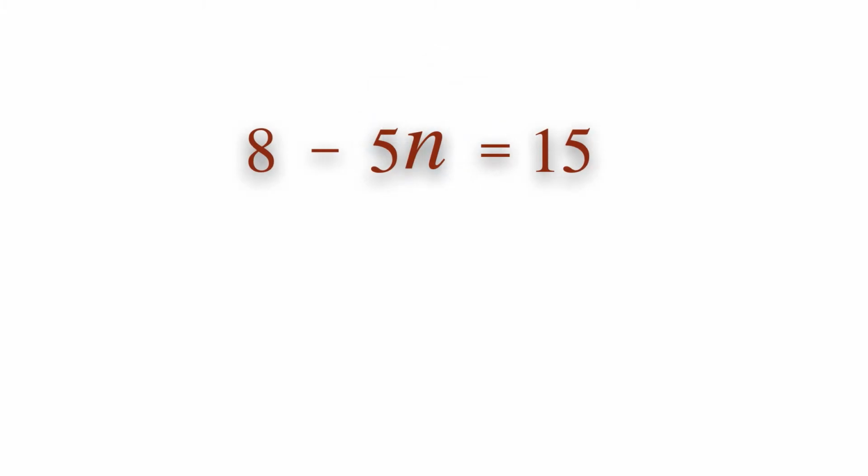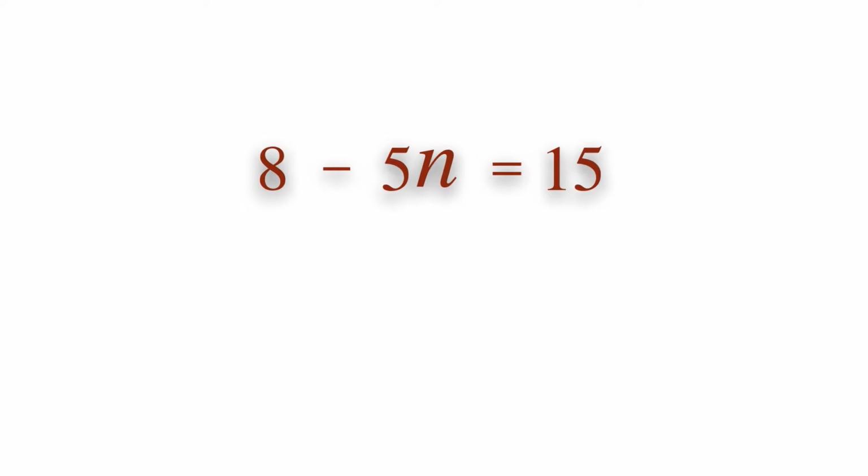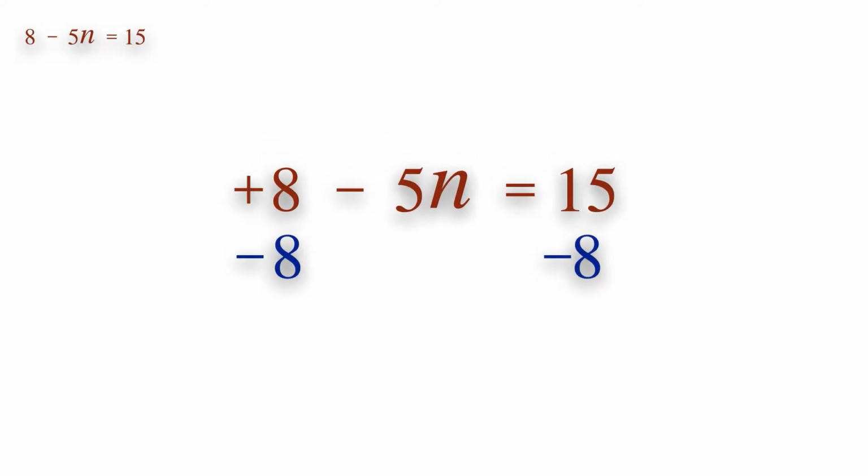In this video, we'll be using the balancing method to solve more tricky linear equations, where students tend to make the most mistakes. In order to solve this equation, you need to first recognize that this is a linear equation and the balancing method can be used to solve it. Assume the sign on 8 is positive, so do the opposite operation and subtract 8 from both sides of the equation